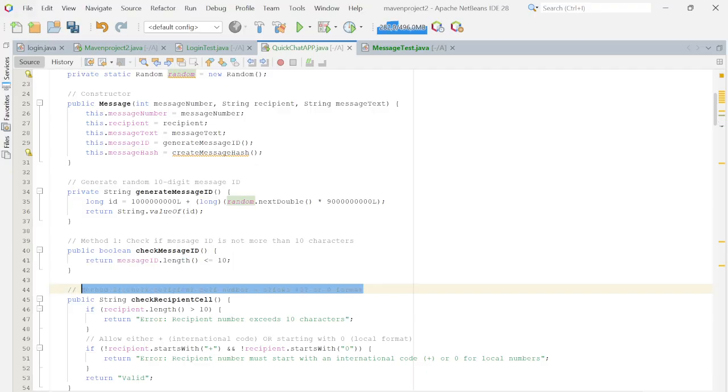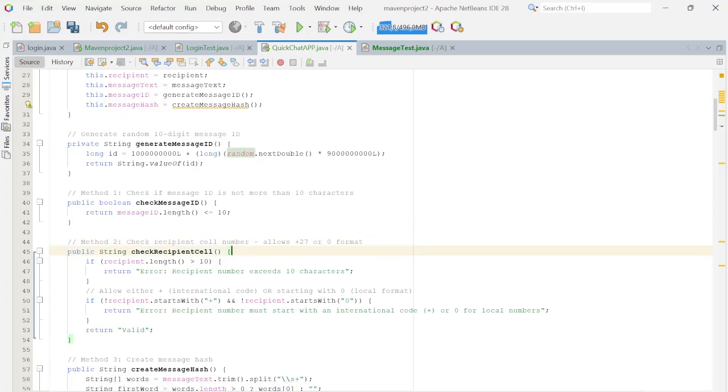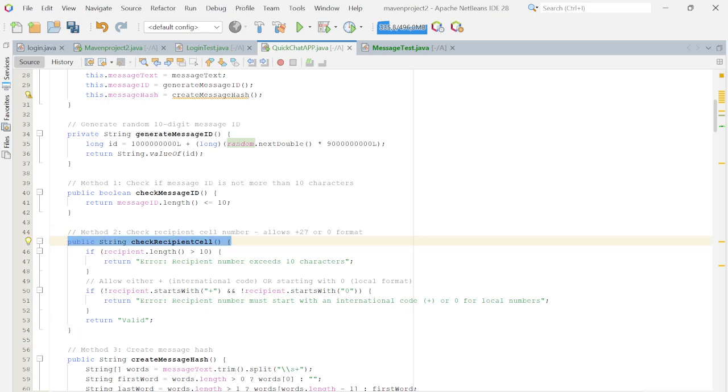Method 2 checks our recipient's cell phone numbers. It allows the phone numbers to start with the South African code, which is +27, or you start with 0 while you enter your numbers. Now, I must start with the public string check recipient cell, which ensures that the recipient number is valid. This string ensures that the number of someone you're sending the message to is valid. Now we come to number 2,